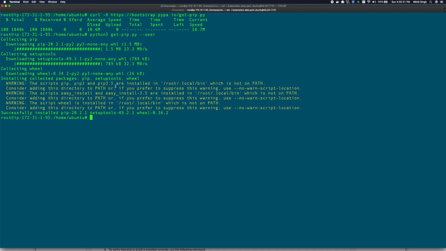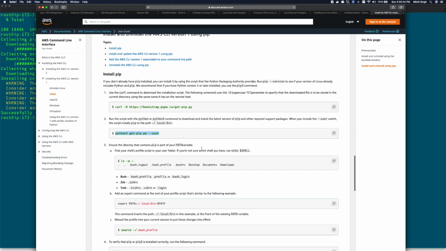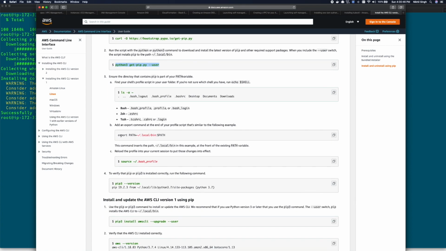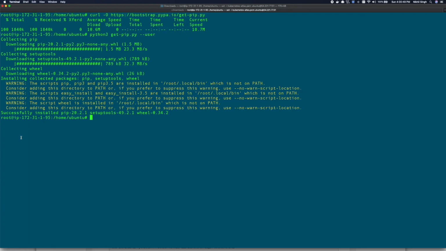So it says that these are installed in /root/.local/bin, which is not on path. So you should make sure that this path gets added to your shell profile, else pip3 won't be accessible. So we'll do just that. We'll copy this export command to export this path to the shell,